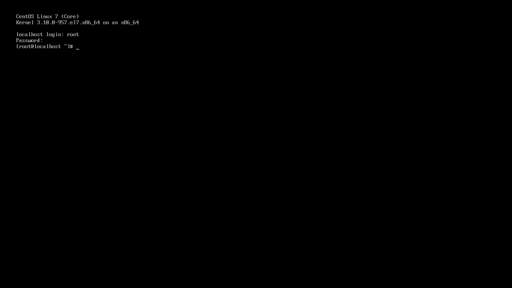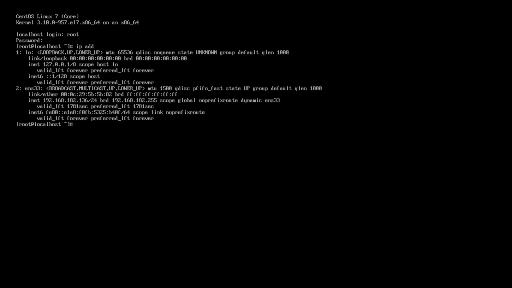Let's check the IP address by giving the ip a command. Here you can see that it takes the automatic IP address from the local DHCP, 192.168.182.136/24. Let's go ahead and check the release of CentOS.